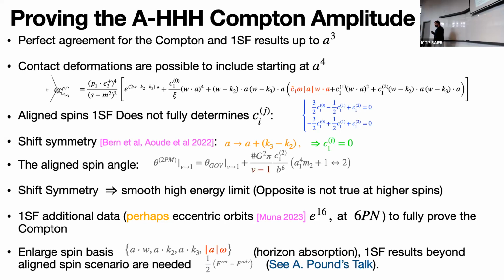There's something even more critical that you can do for deforming the quantum amplitude at fourth order in spin already, which is enlarging the basis of spin. So before, the spin parameter of the black hole had 3 degrees of freedom; you can introduce an additional degree of freedom by allowing this mod 8 operator. And the mod 8 operator, you can write a contact interaction at spin to the 4th here. It turns out that the aligned spin scattering angle doesn't see that contact information. So in order to see it, you have to do the computation for misaligned spin.